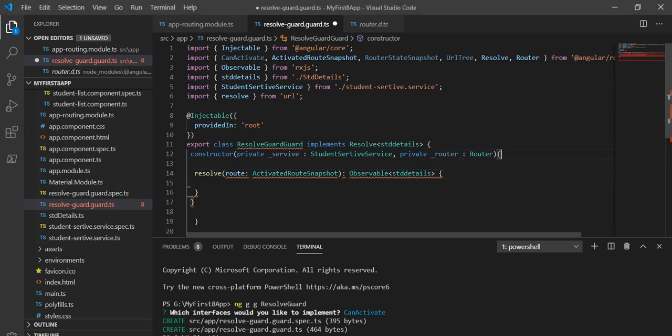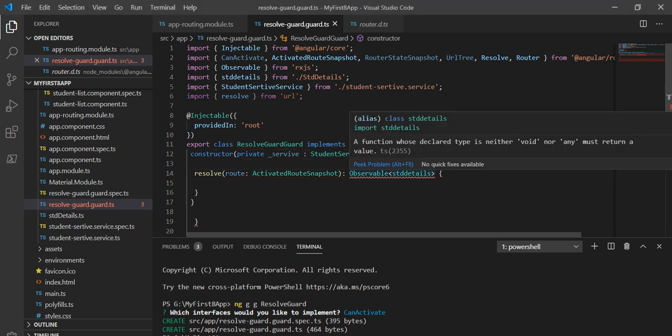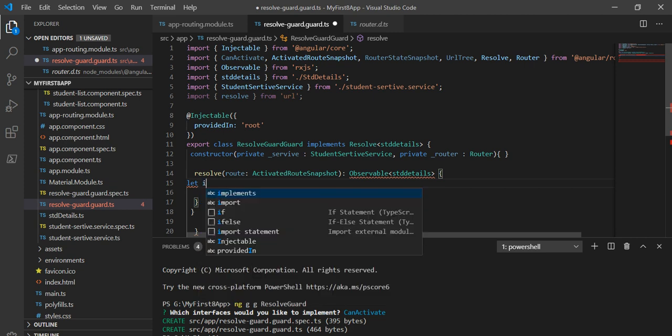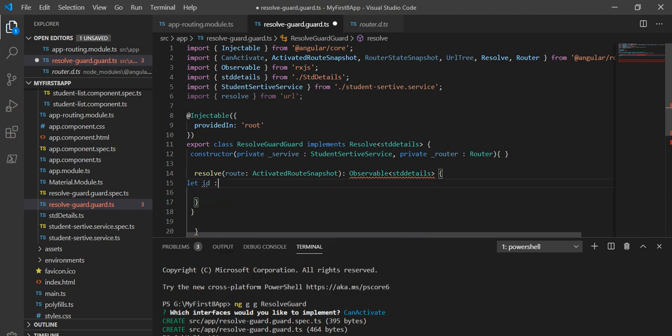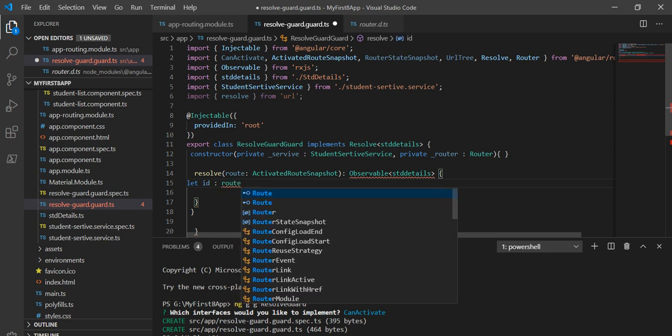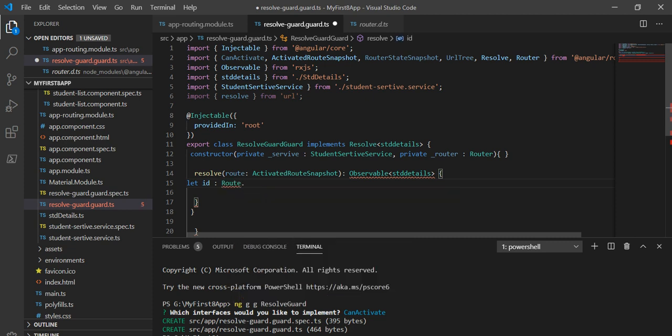So here, let's close this one. Now, in this observable, we will implement our requirement, whatever requirement we want. Let's implement it. I will take one parameter here first, let id, and I'm going to take it from the route.